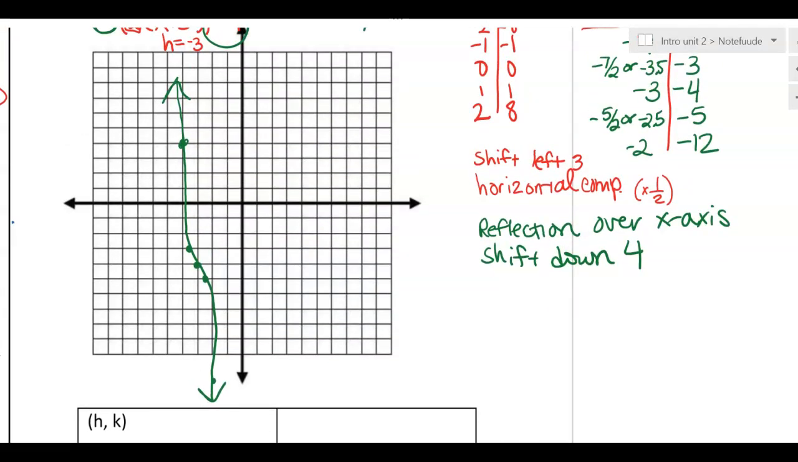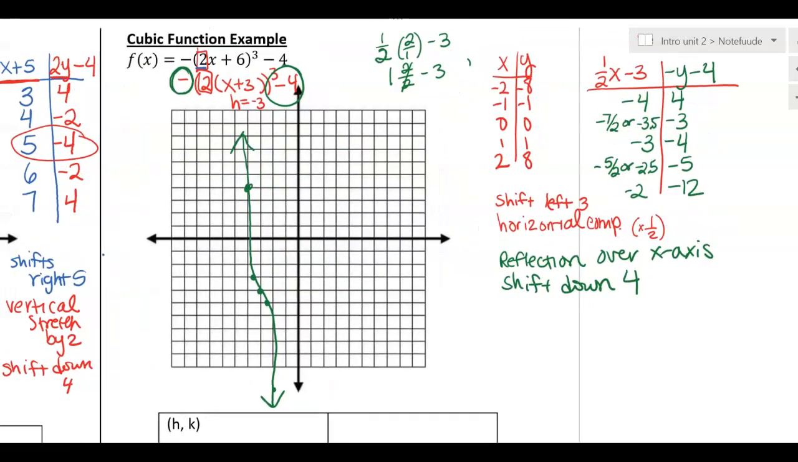Things that you should make sure of on your graph. First thing, did your HK end up where you expect it to end up? So it was 0, 0, and now it is -3, -4. Does that match our H and K values? Yes. Okay. Does the graph look how it should look? So what I mean by that is you were graphing a cubic. Does it still look like a cubic? Yes. Yes. And the major differences that I see based on the original cubic function